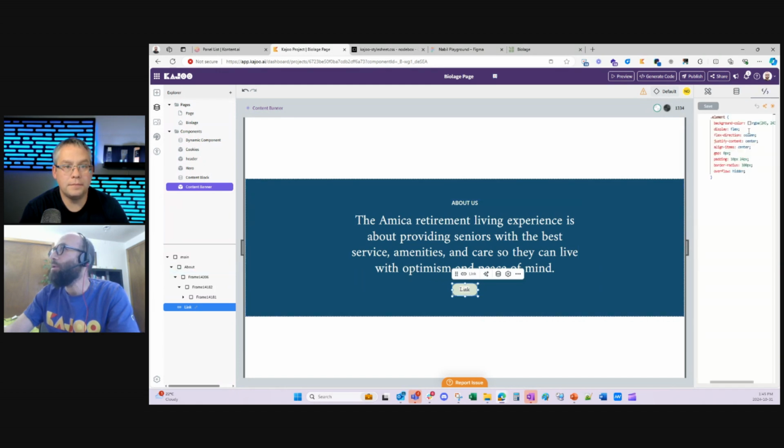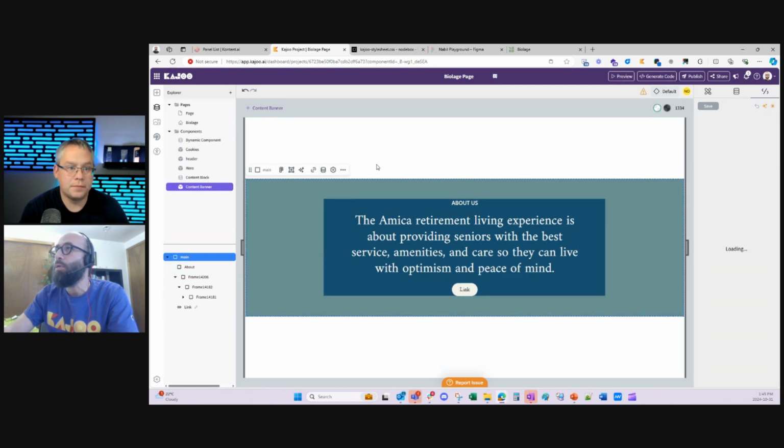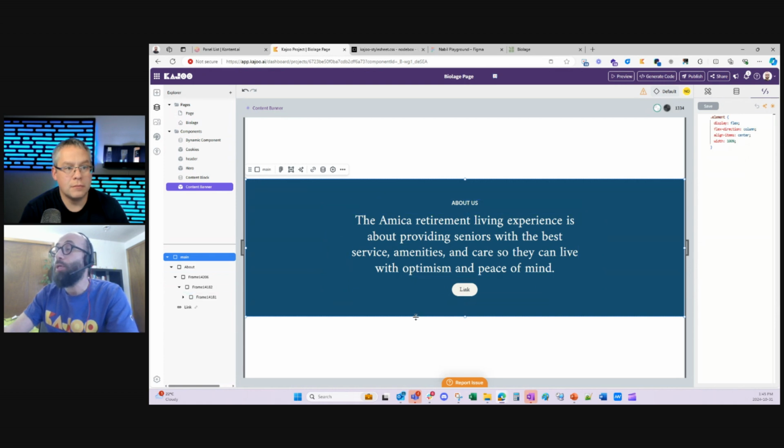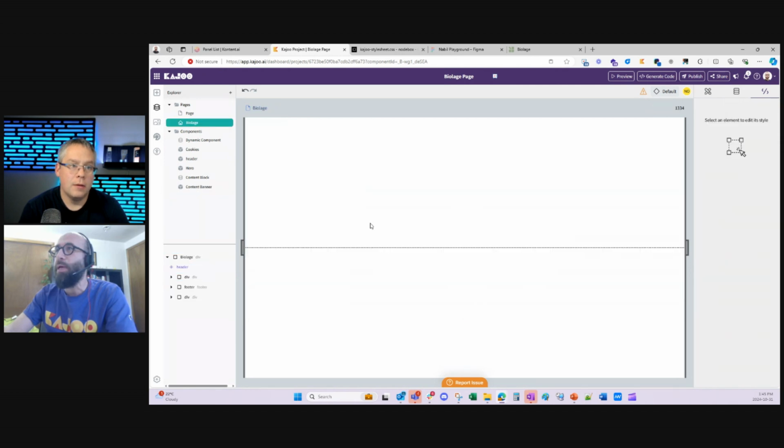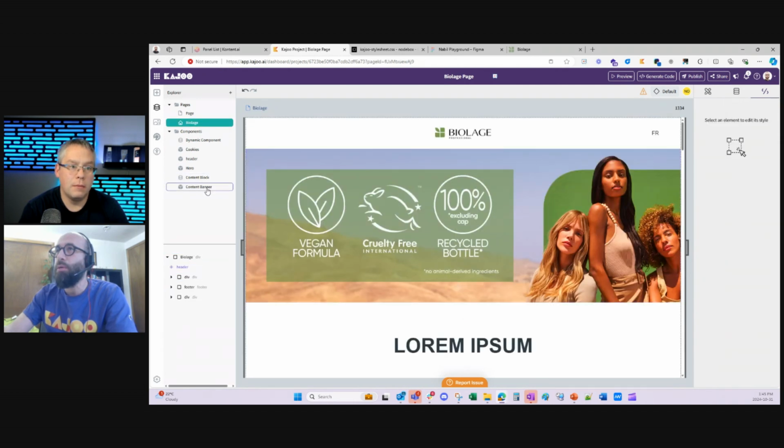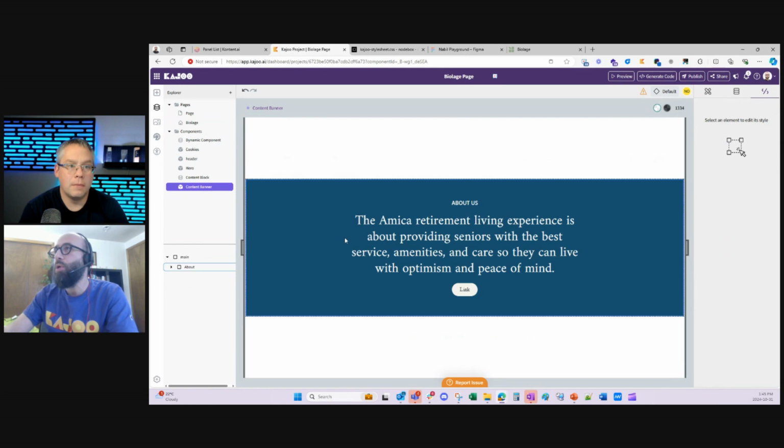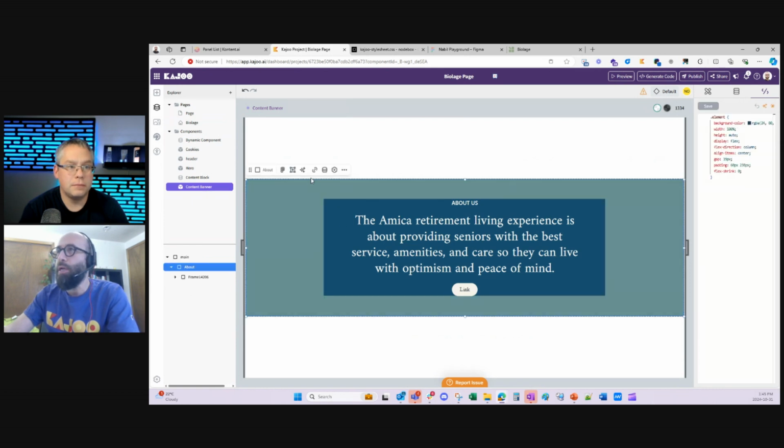You can see here the CSS class is all merged together from the two elements. So now you can see, this is great. It's a good layout, but the design for it is not aligned with my Biolage style. So now what I can do is ask AI.